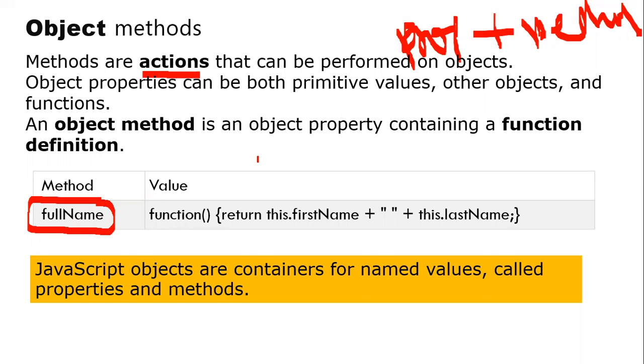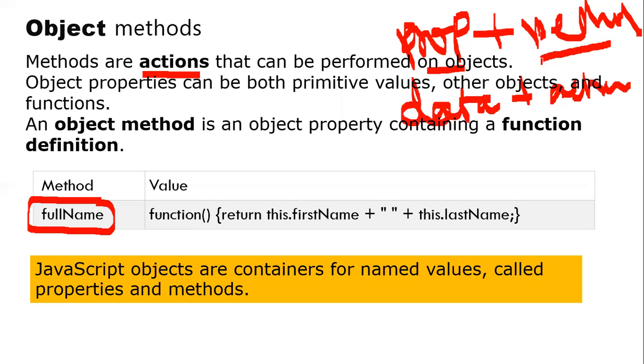So generally, as I said, the object consists of properties and the object consists of methods. What are these methods? Methods are nothing but the actions. What are these properties? Properties are generally used for defining the data of the particular object, right? So data plus the actions. The actions that you want to define, you are going to define using methods. When you talk about the data, we are going to talk about it using properties.